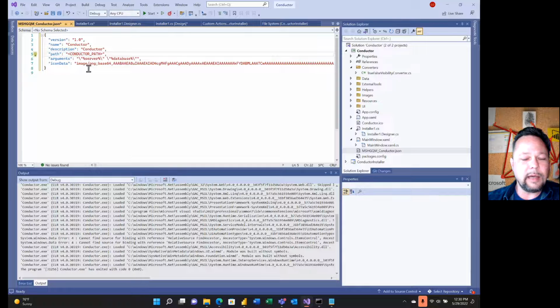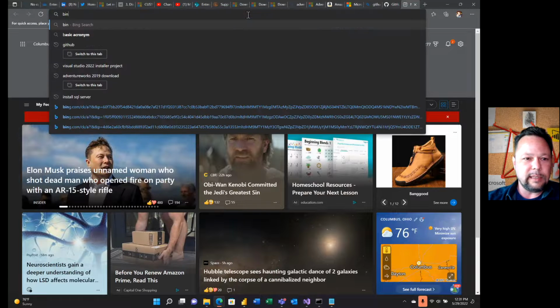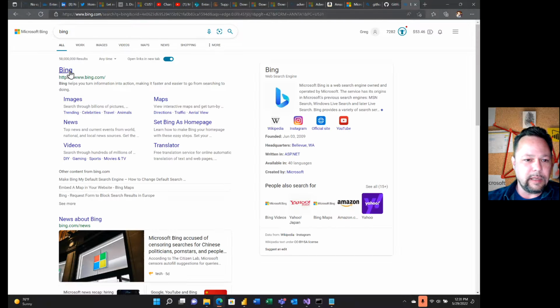Now we're going to have to update this icon data. I've already got this base 64 icon data because we're using the crossed out profile picture of myself that you can see in the background here. I think you can see it in the background, right? Oh yeah, there it is. Okay. But I'm going to show you how I actually do these, just because maybe you'll learn something from it. Okay, so what I usually do is I go out to, I think it's convert.io